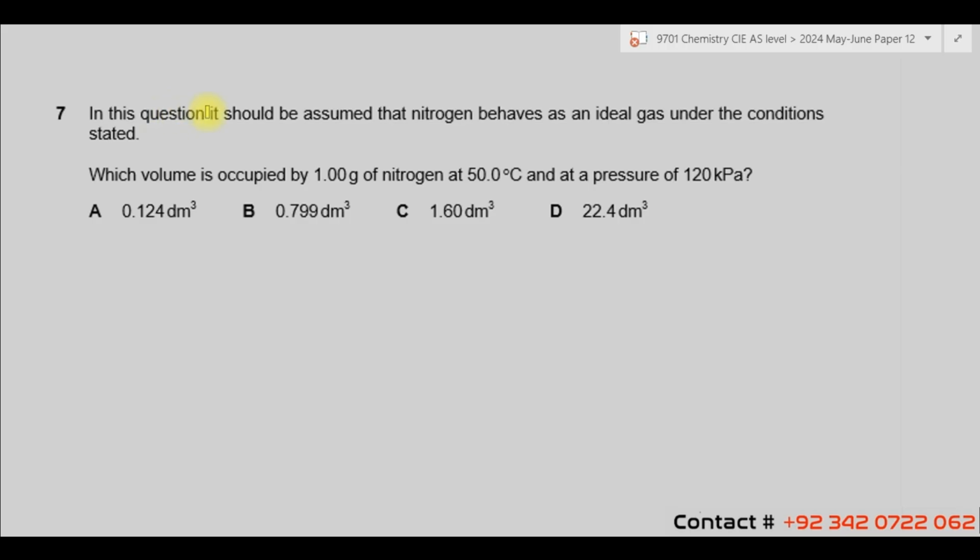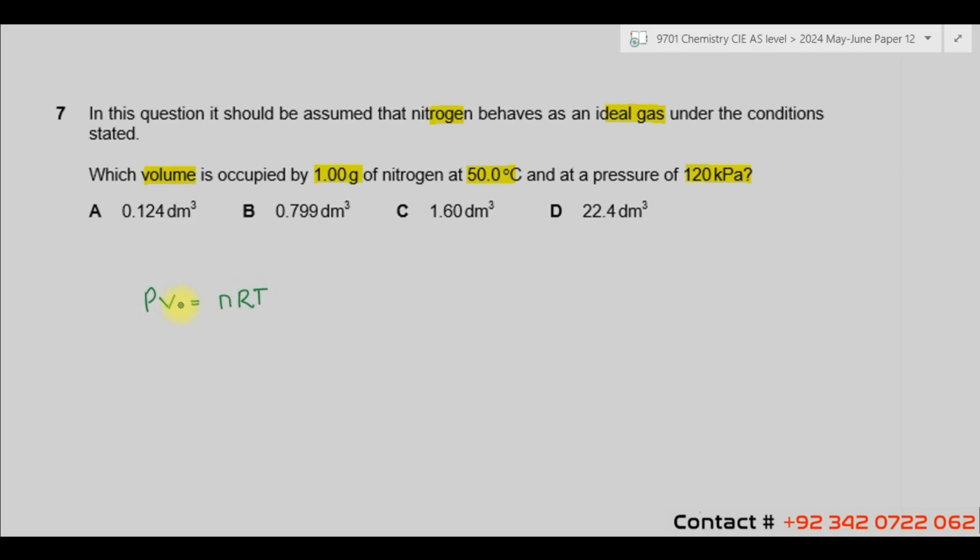Question 7. In this question, it should be assumed that nitrogen behaves as an ideal gas under the conditions stated. Which volume is occupied by 1 gram of nitrogen at 50 degrees Celsius and a pressure of 120 kilopascals? So for an ideal gas, we can use the ideal gas equation, which is PV equals